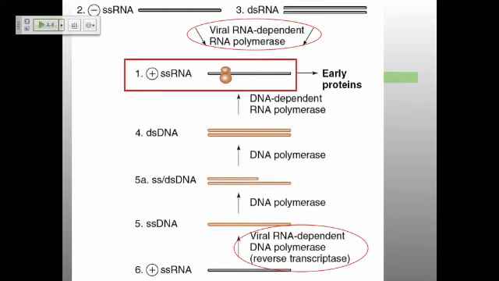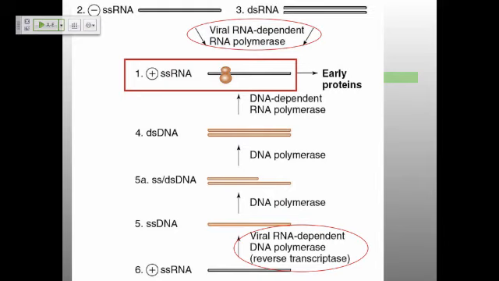So these are the single-stranded DNA viruses, double-stranded DNA viruses, retroviruses. But just to add even more interest to this, it turns out that there are also a number of virions which package negative strand RNA. And it turns out these are a lot of the really nasty viruses, at least as far as humans are concerned. Ebola virus, influenza virus, lots of these are actually negative strand RNA viruses.